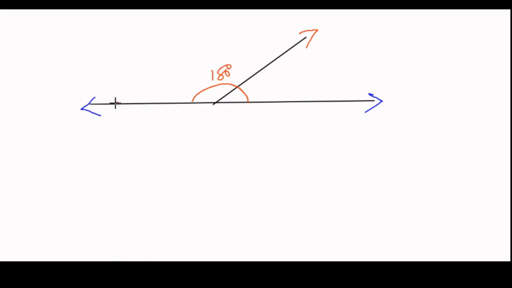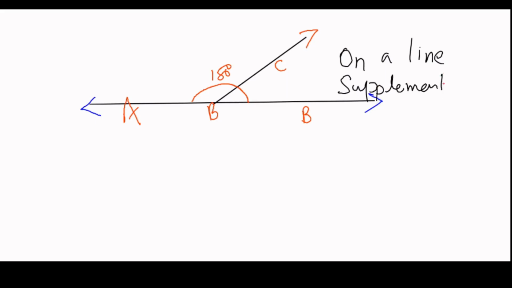We know that the angle around the point of vertex will be 180 degrees in the case of these two angles, and we know that the point B is measuring 180 degrees, and the two angles are angle ABC and angle CBD. Both are lying on a line. Such a set of angles which are on a line and which are supplementary, which we already know, are named as linear pair angles.